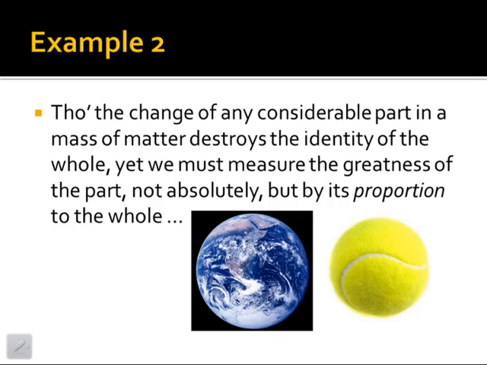Our mind is not actually making an accurate judgment about whether something is an identical object. Yeah. Because if it was making an accurate judgment, it would obviously say the Earth is a different object if it has a whole huge mountain added to it. Yeah. But because the Earth is so big, the transition between the Earth without the mountain and the Earth with the mountain is very smooth, and therefore we're apt to imagine that it's the same object. So again, the point is just, it has more to do with our mind being lazy than with the actual identity of the things that we're looking at. Yeah.